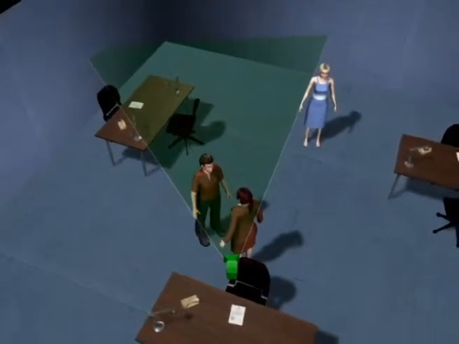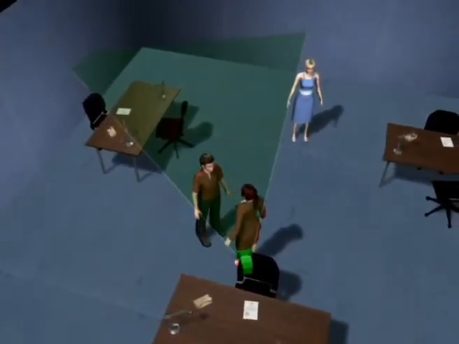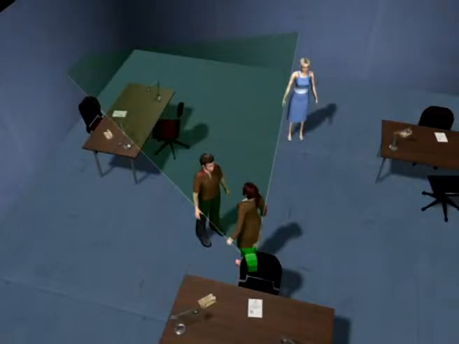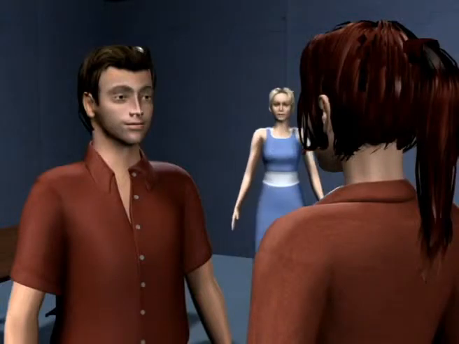Another way is to place other characters in gaps in the frame, the same as we've done with extras. Here the main dialogue is between these 2 characters, with the blue woman occasionally participating. So to pick a mark for her, we'll place her in the gap in the frame.